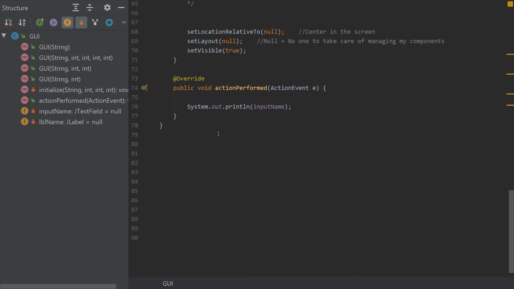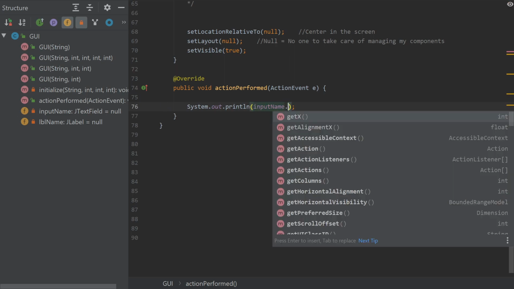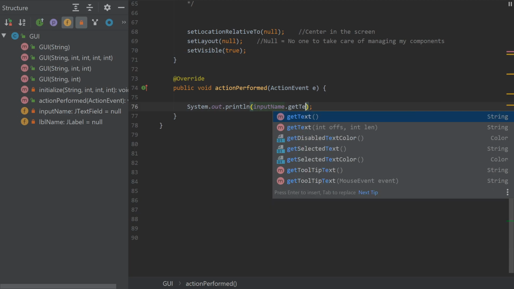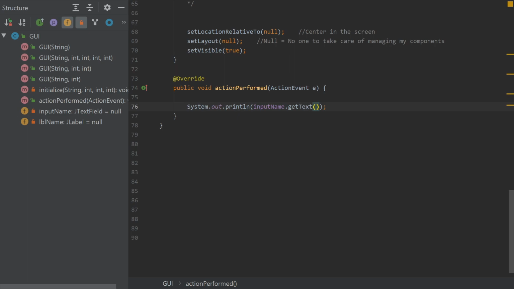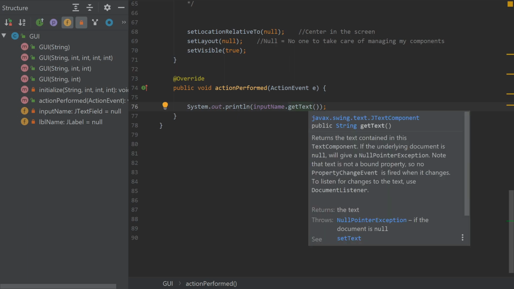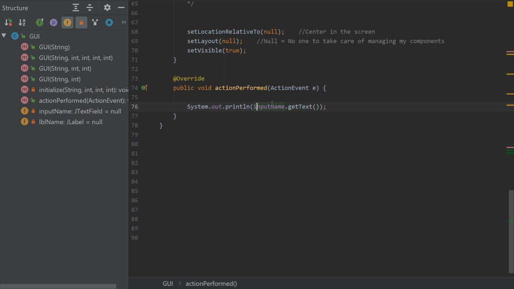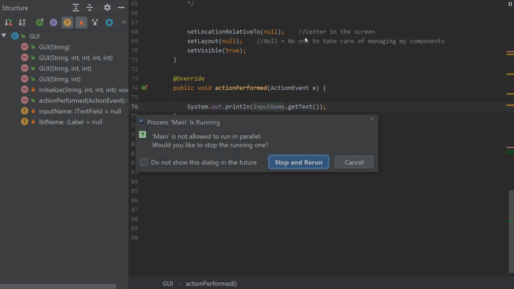So let's go back here. So now, input name, again, this is an object, it's not the text. If I want to get the text, I have to do dot get. I could get the exposition, the alignment, etc. Get me the text maybe. Get the text. And as always, if I do Control Q, I could see what it returns. Public string getText. So I'm getting a string back, and now I could print out the name of the user. So if we run this,